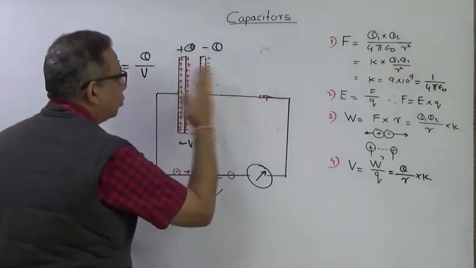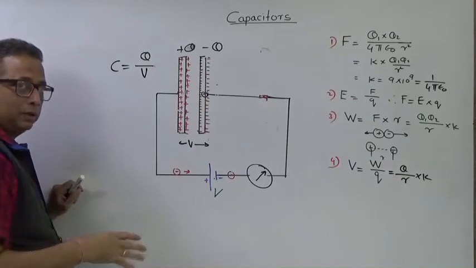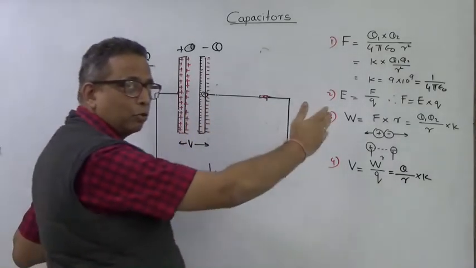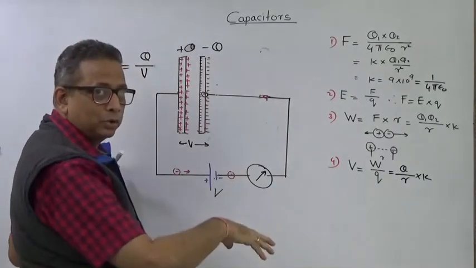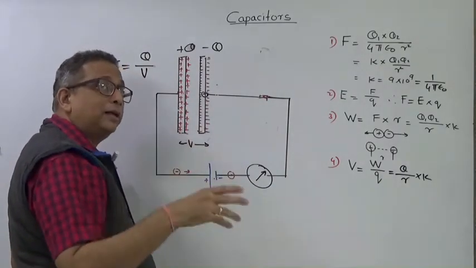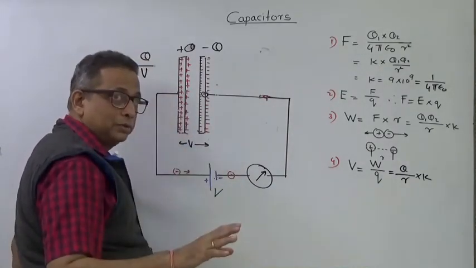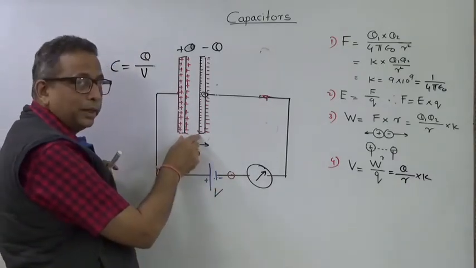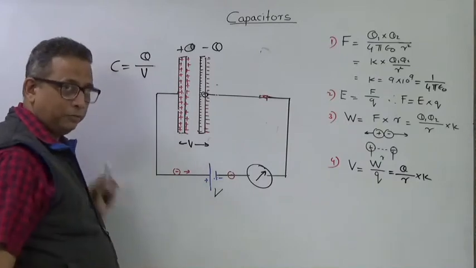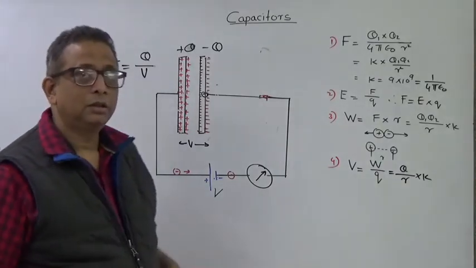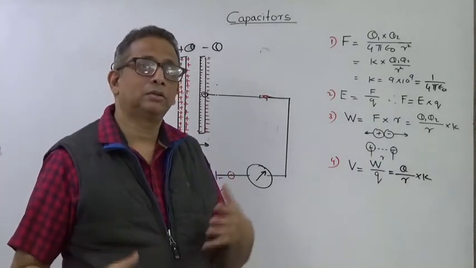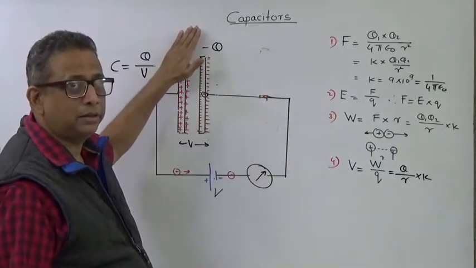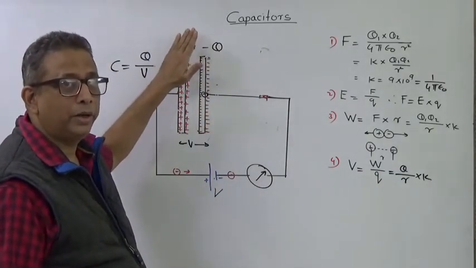So if I keep this closer, maybe more electrons will flow through that, right? If the distance is kept wider, less electrons will flow through that, in spite of the fact that the plate has got a lot of electrons. That will be decided upon the distance d between the two plates and the voltage V, that is, how much electrons should move in the circuit